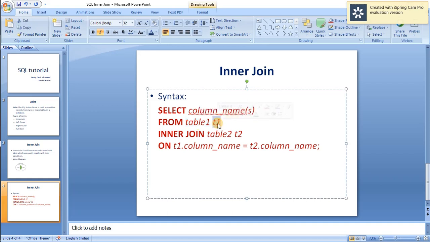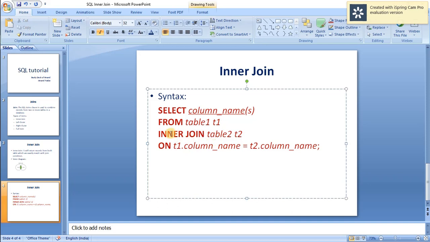Next is the alias. We gave table 1 an alias, that is t1, and going forward we are not going to reference it as table 1, we are referencing it as t1, and we use this t1 to select the columns from table 1. You can see here it is used as t1.column1.